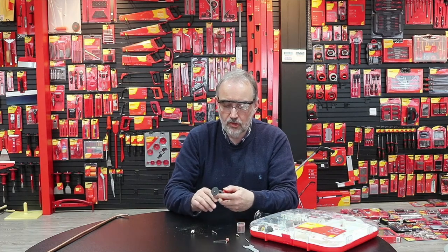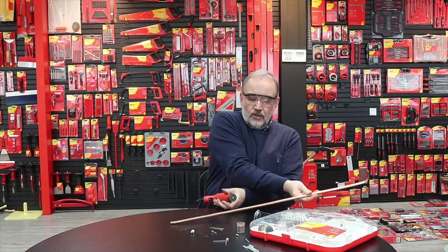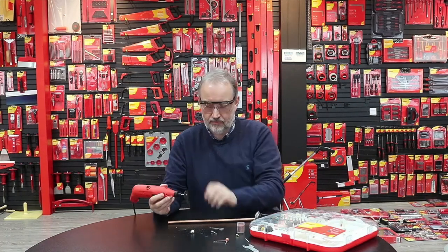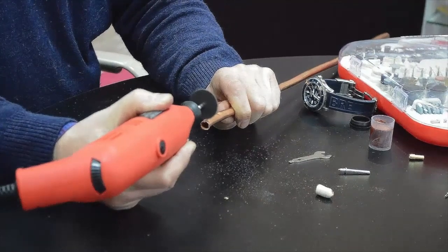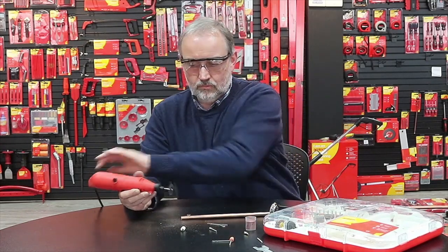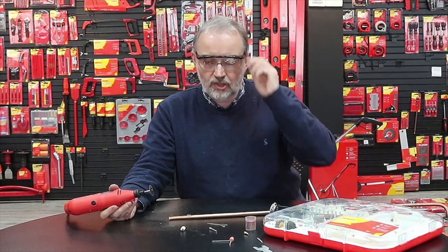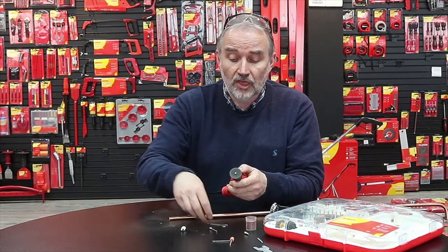And then we could go to the cut-off, which is quite a handy one to use. You might be doing modelling, you might have a piece of tube that you want to cut down to size, and this one especially, the goggles are important. Start it up. It's cut through a piece of thin wall copper pipe, so that's going to be quite hot, so I won't touch that. So you can use it to cut off aluminium, copper, brass, even small nuts and bolts, a small